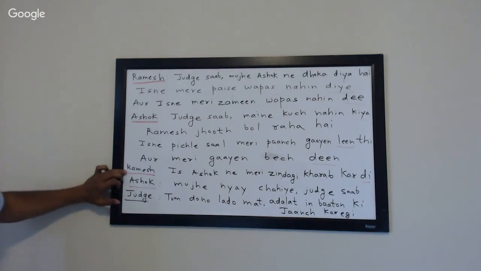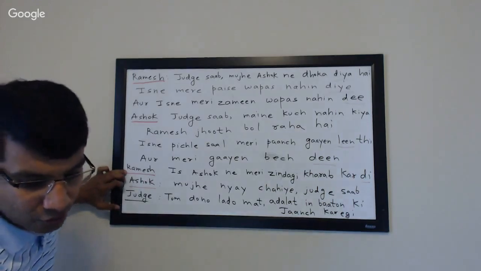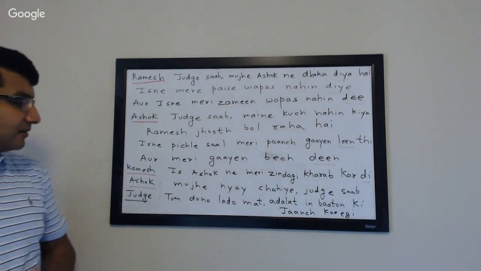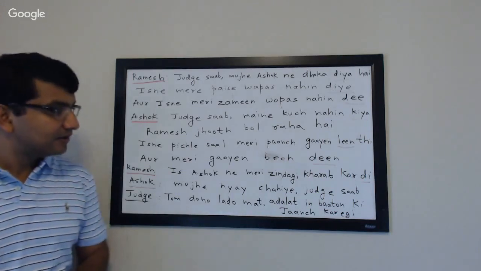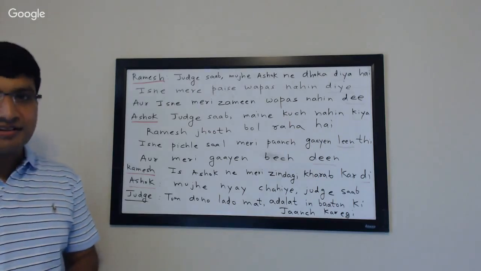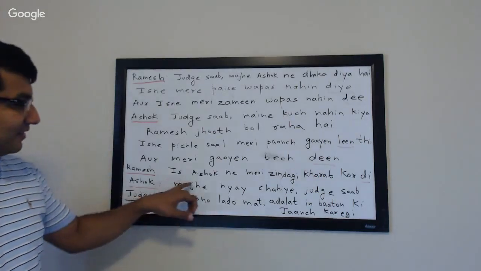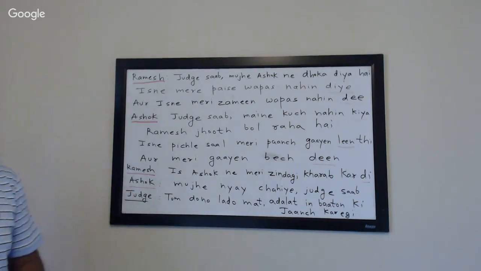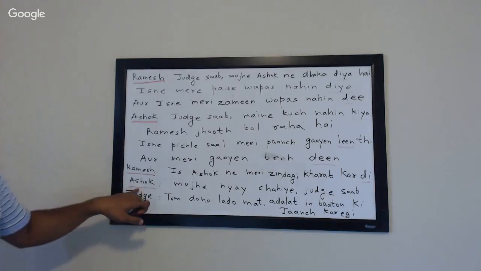इस अशोक ने मेरी जिंदगी खराब कर दी. Kharab karna is to ruin, or to waste. Okay. So, Ashok ruined my life. Very good. Ashok has ruined my life. Okay. Now, Ashok, which is basically Liz, you